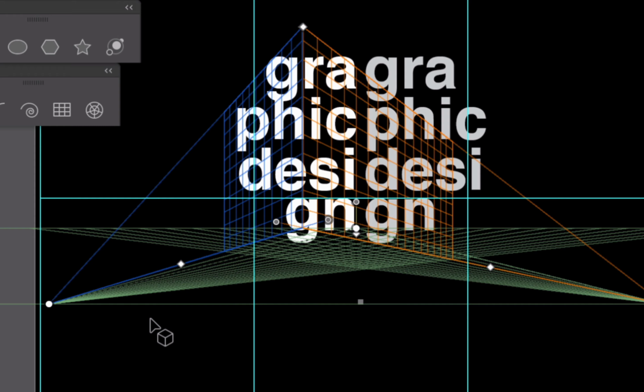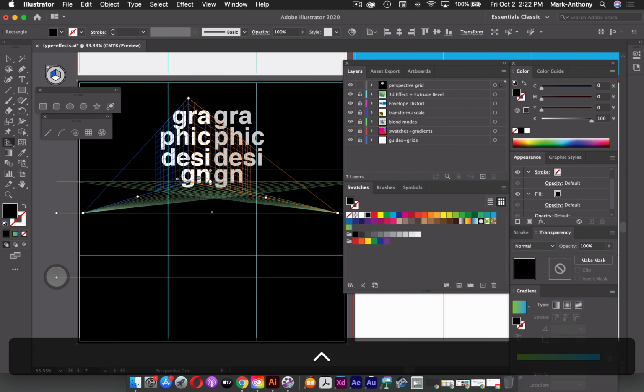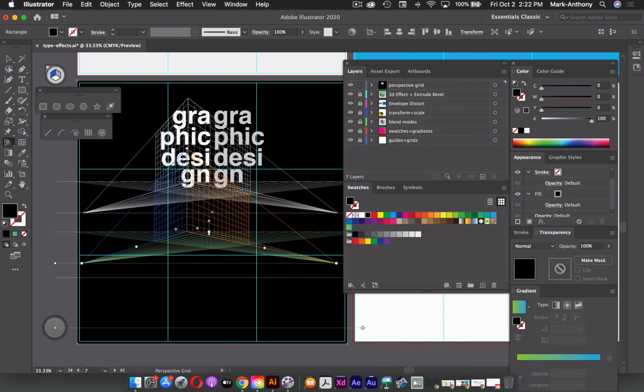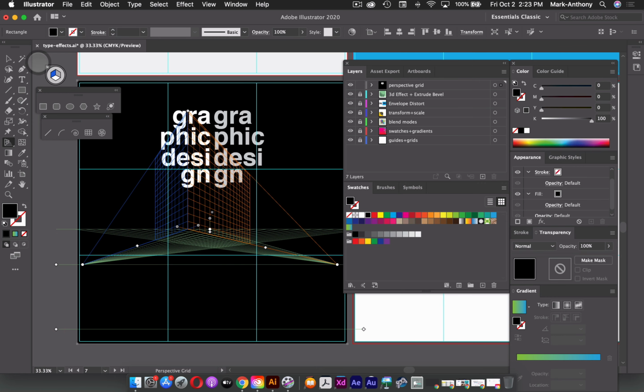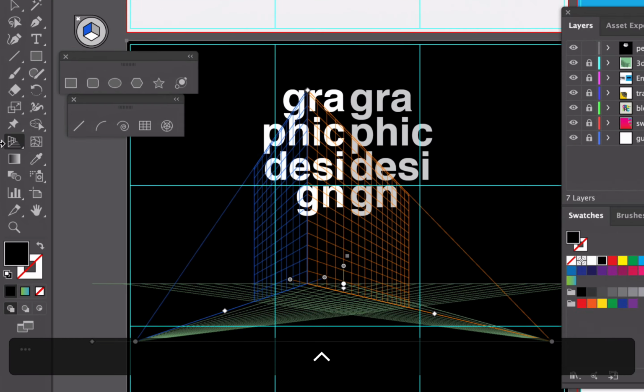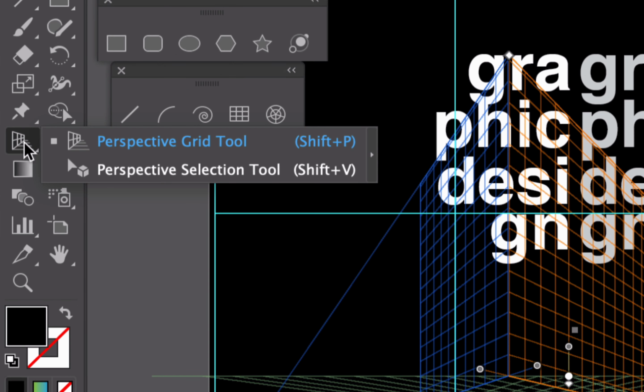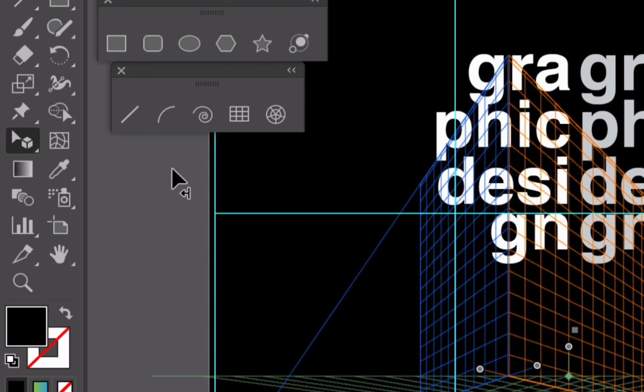Okay, so again, just zoom out a little bit. I'm just going to drag it down, something like that, and then I'll expand this one a bit taller. Now, to apply the text or any object to your perspective grid, you're going to select your perspective selection tool. So hold down this tool here for 1 second and then select the perspective selection tool, or